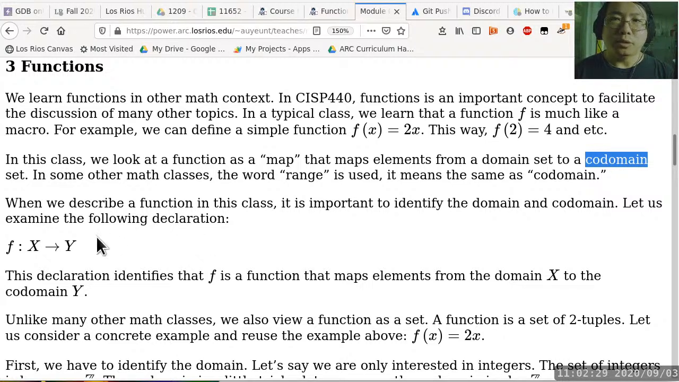So here we move on to a little bit more notation. So this notation, f colon x points to y,